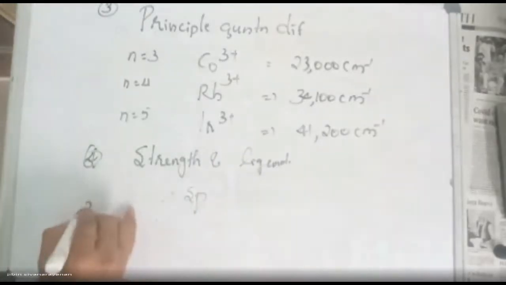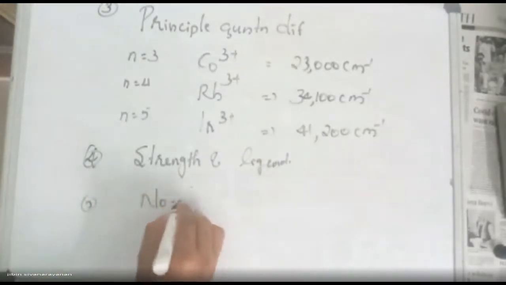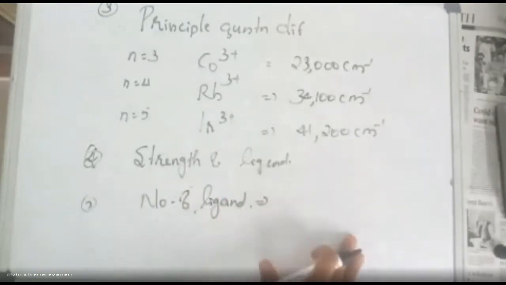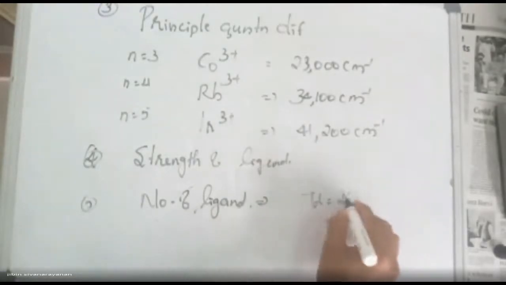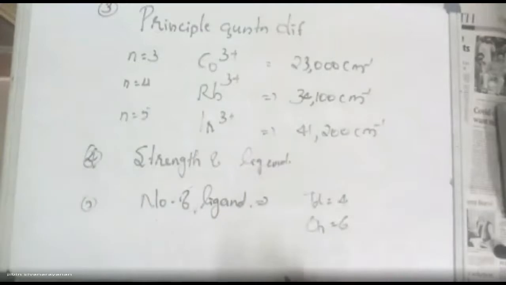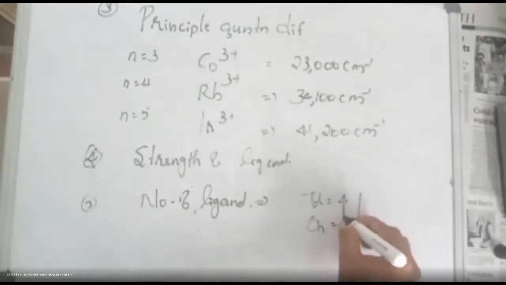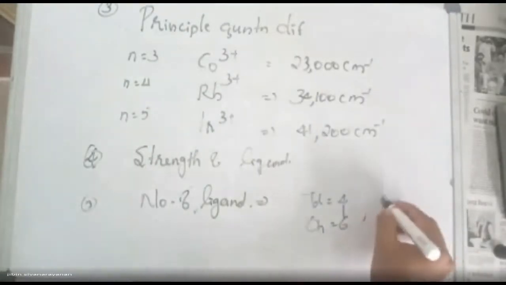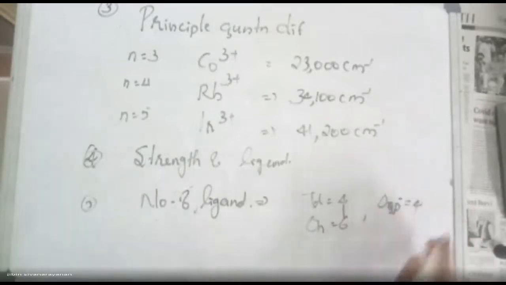So the fifth one is the number of ligands. This is only applicable for tetrahedral and octahedral. We know that in tetrahedral 4 ligands are there, for octahedral 6 ligands are there. So when it goes from tetrahedral to octahedral, crystal field splitting increases. But square planar complexes also have 4 ligands, yet the highest splitting happens in square planar complexes. This is an exception. The highest splitting that we can observe is from the square planar complex.